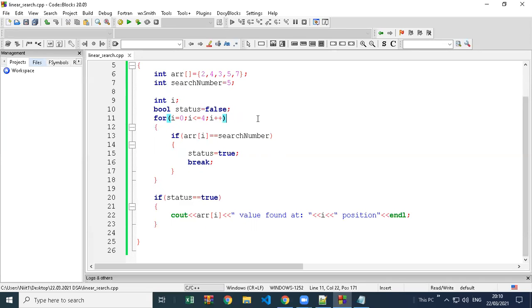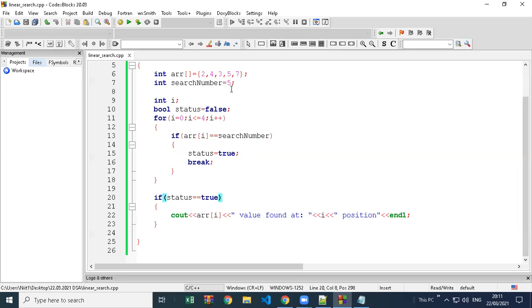So what we are doing here, we are taking the values out from the array. First we are taking 2, we are checking with 5, it's not the same. Then we take 4 out, is it 5? No. 3 out, is it 5? No. And finally when we take 5 and check with the search number, yes, it is the same. That's why we are going to change the status to true. This is just one kind of helping variable I created. So when the status variable becomes true, we stop the loop, we stop the searching, and if the status value is true, it will give the value.